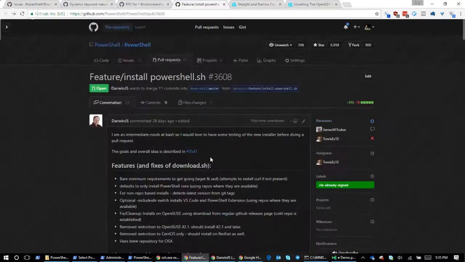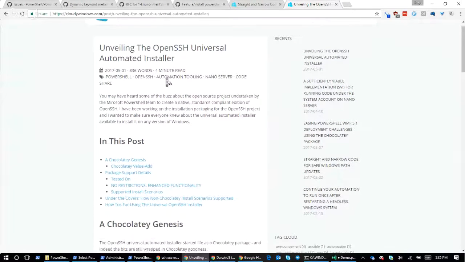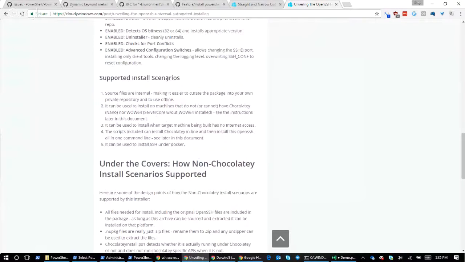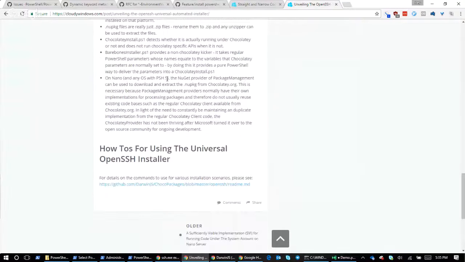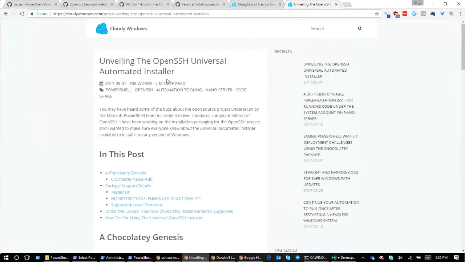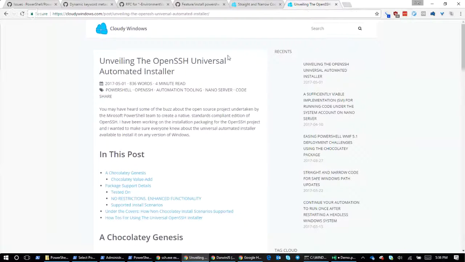So his blog, cloudywindows.com, has this OpenSSH universal automated installer that does all kinds of crazy stuff. Check out this blog post. He's making it way easier to install, and we may ask him in the future to wrap this up as a package management provider, or help him with that, because ultimately I think he's done a lot of the hard work already. He's got this PR here too for the same thing for PowerShell, so he's doing cool stuff.